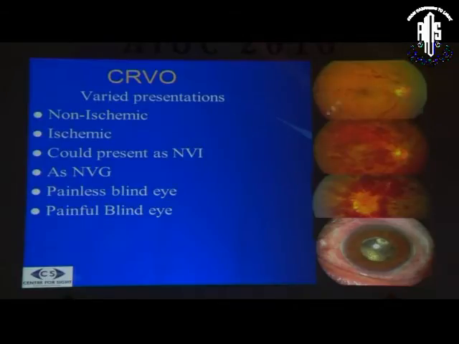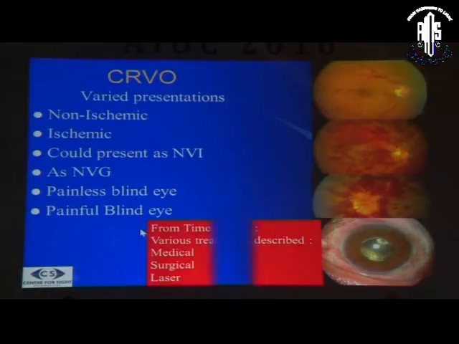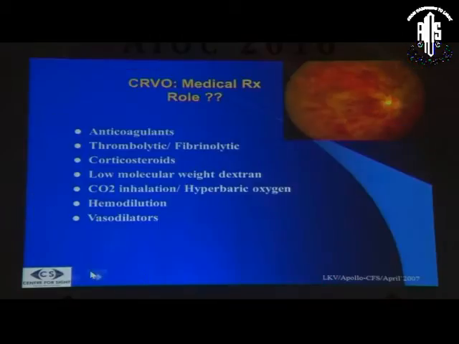For the CRVO study group, we know there is a lot of variety. As was being told, you could have venous retinopathy, hemorrhagic retinopathy, or ischemic or non-ischemic. Patients may have a variety of presentations, and once any disease has a variety of presentations, various treatment modalities keep coming up again and again. So the CRVO study group had a lot of medical treatments advocated, like anticoagulants, steroids, dextran. But believe me, today this is all history. I don't think anybody treats CRVO like this.